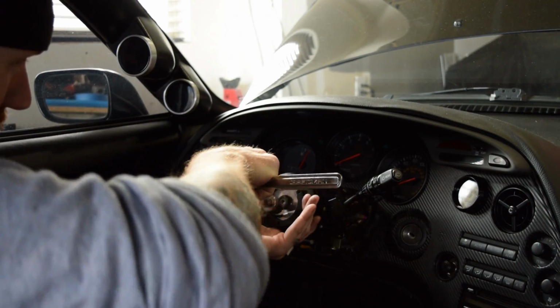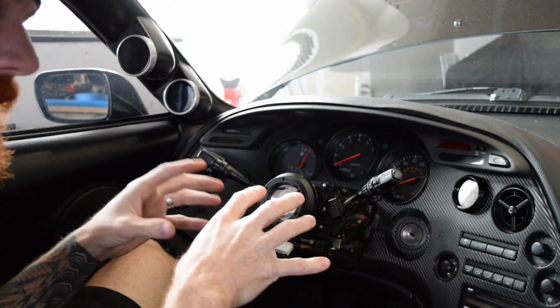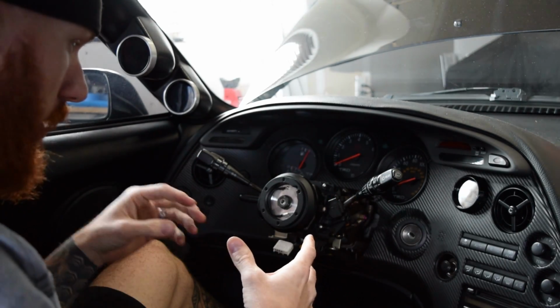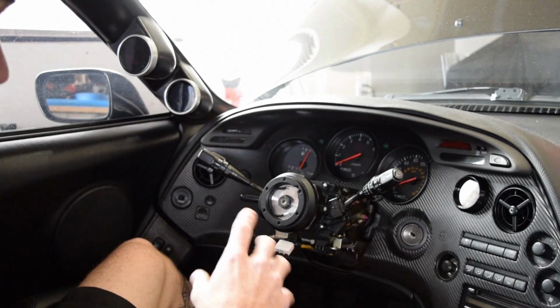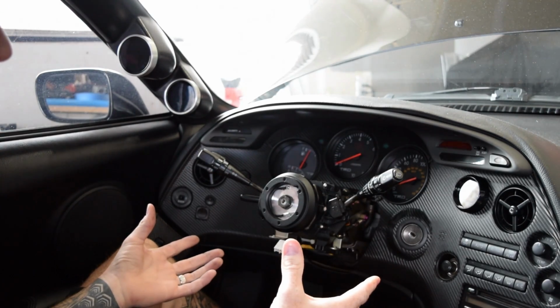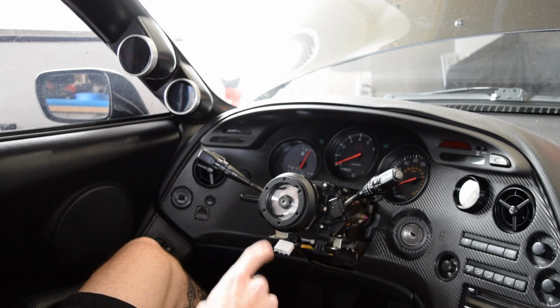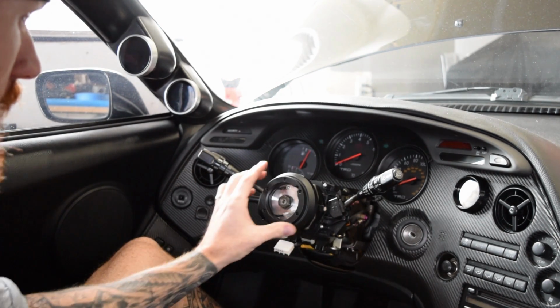Get that tightened on there, and make sure that you do check the torque specs for your steering wheel. On the Supra, I found it to be 26 foot-pounds. Just make sure you check yours. I'm sure it's pretty similar between other cars, but 26 foot-pounds. Once you have that hub in there,